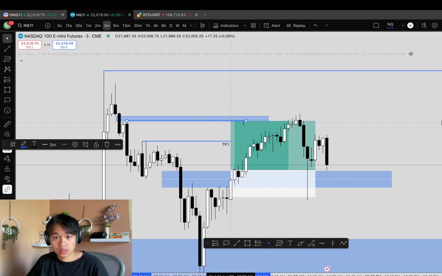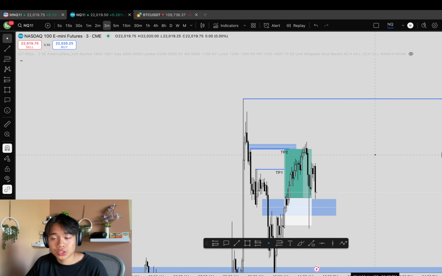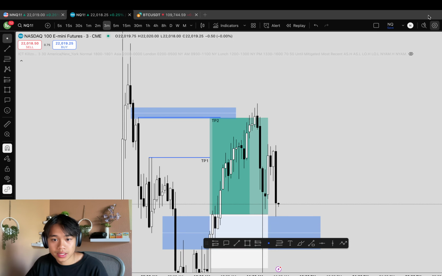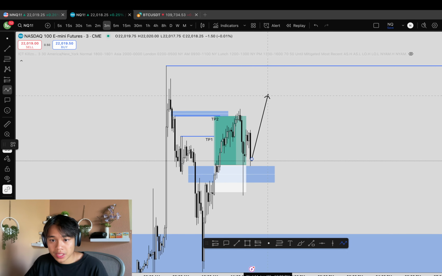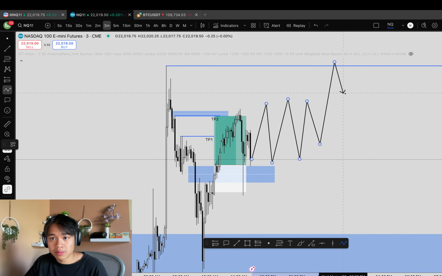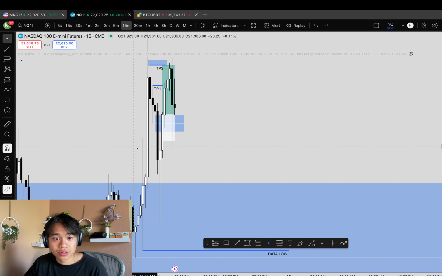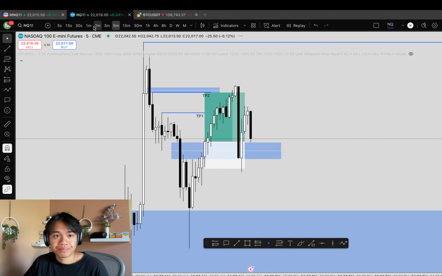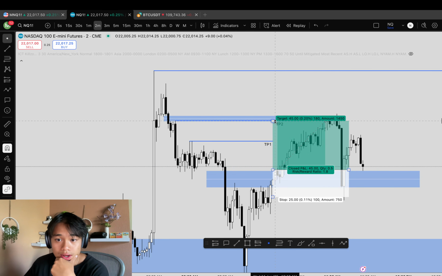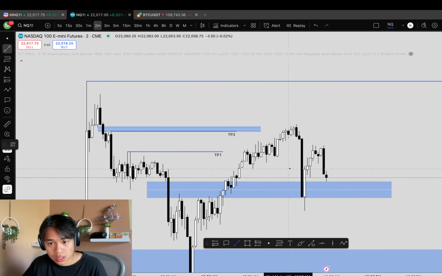TP2. And then I left about 20% of the position up to data highs, which obviously has not been hit yet. I think it will be hit. I think we're just generating liquidity here for PM session, and I would expect PM to continue higher. Obviously that won't happen if we inverse this external 15-minute gap, though. And yeah, so TP2 here, and then after TP2, I trailed my stop loss to this internal.